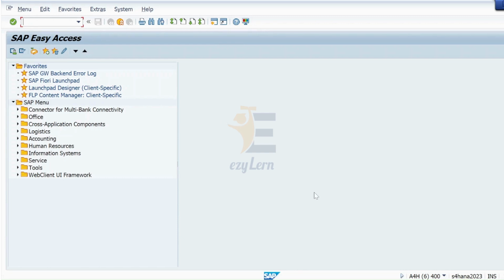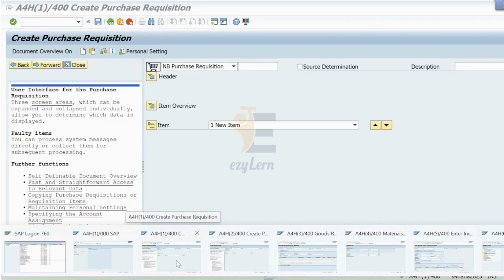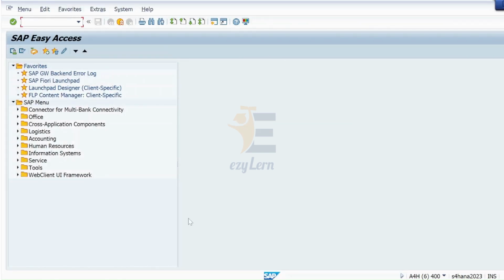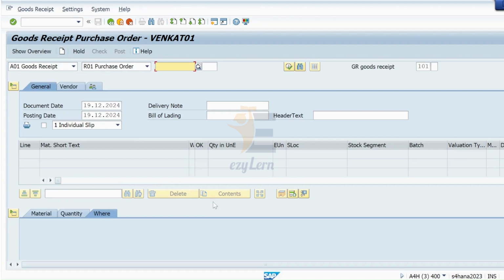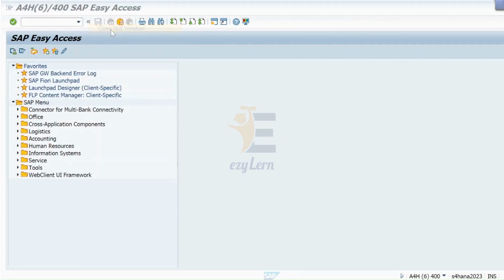But if I want to close a session, how can I do it? Let's suppose I just want to close this session. First I have to switch to this session, and from here I can close. First option is from here. Now let's suppose I want to close this also. Another option is to go to System and click on Close GUI window.